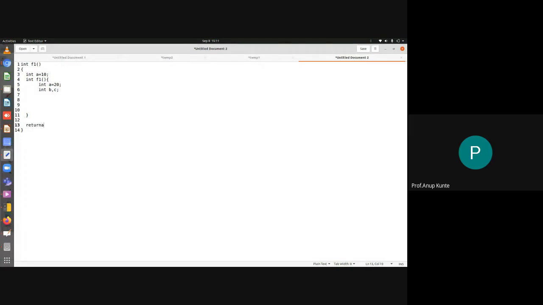Okay, so it will be accessing a in line number 13. Maybe at some point in the code, this program calculates a is equal to b plus c. That's some expression.